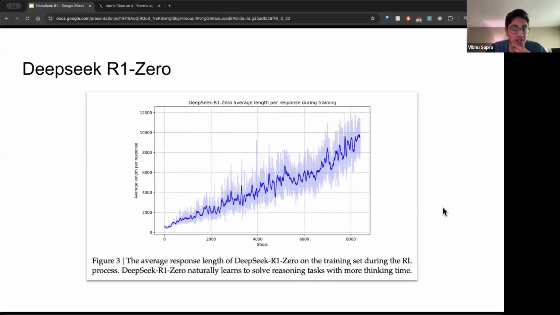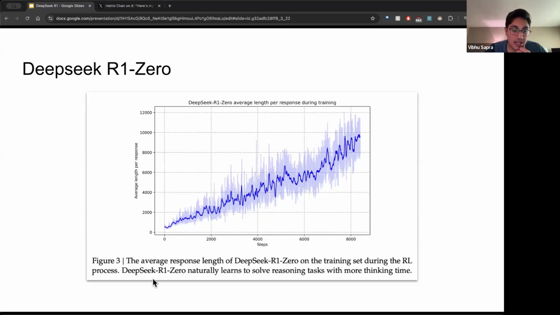Another one here was very interesting. The average response length of the model also starts to increase. So the longer you train it, the more reasoning steps it starts to take. Basically, the TLDR of this paper was that this RL thing just works. You can see this in the charts. The more we train this, the more the model learns to reason, because the more it reasons, the better the performance is. And throughout more steps, the average length of the response gets longer and longer.